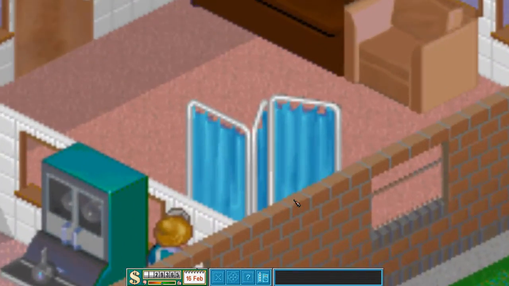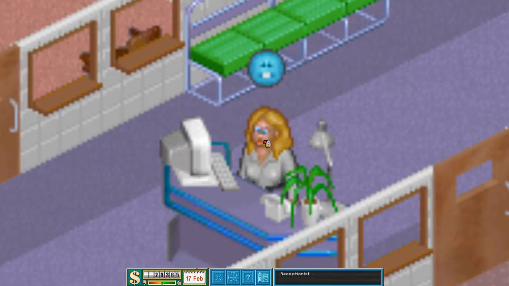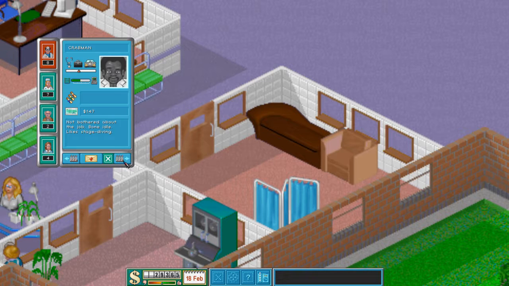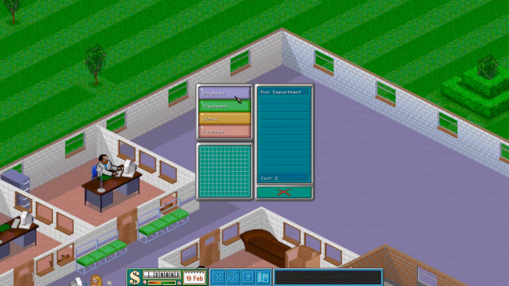Also, why does a psychiatrist have a screen? Oh, you can zoom in really far. Hello, woman! Oh, she's upset about something. We should probably build a staff room to shut these guys up. But first, let's get ourselves a doctor who has a psychiatry degree. This guy's got a really good one. And let's get this,